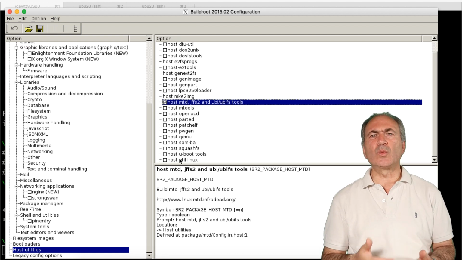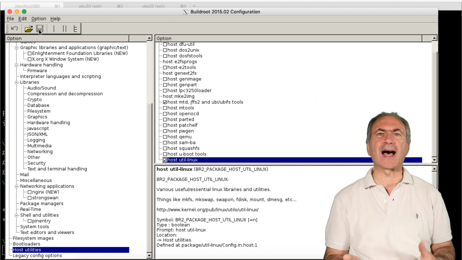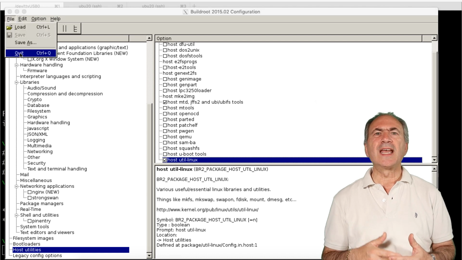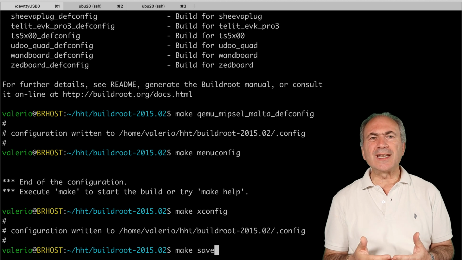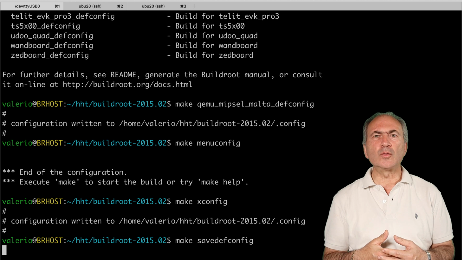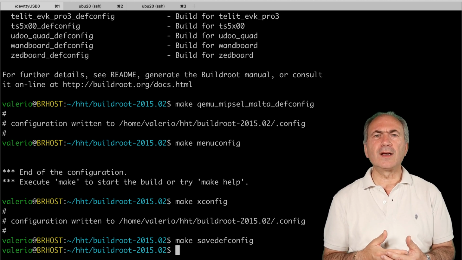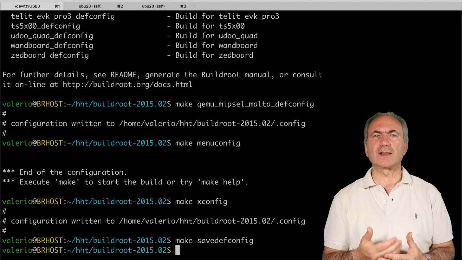When satisfied with our configuration, we save it. It will be saved in a .config working file inside the buildroot folder. If we want to permanently save this configuration, we can use the make savedefconfig command that would save the configuration over the defconfig files shipped with buildroot that we have used to do the initial configuration for our QEMU emulated board.